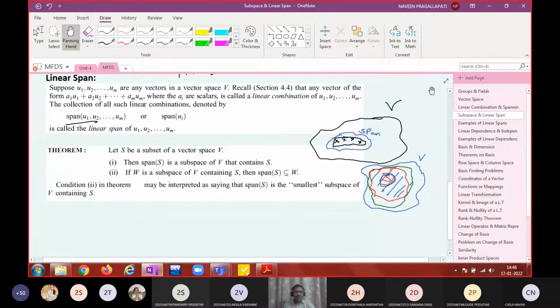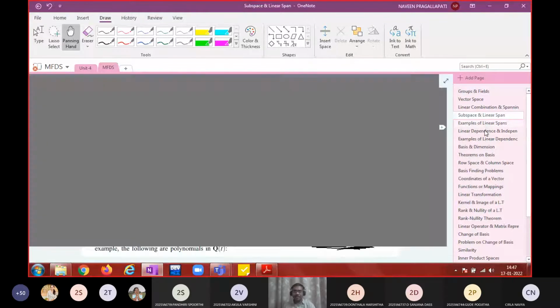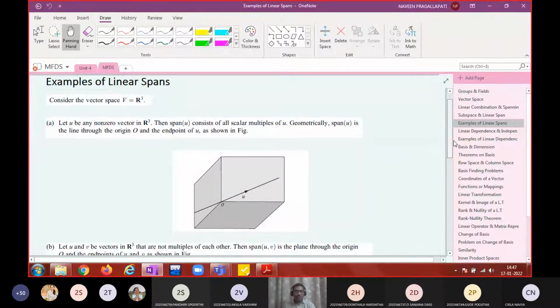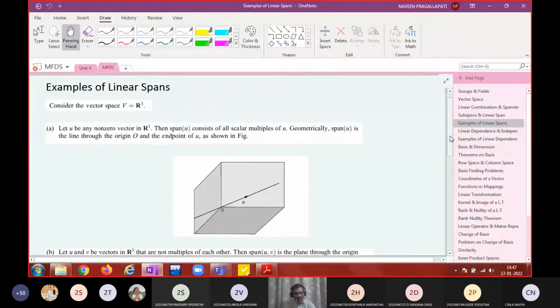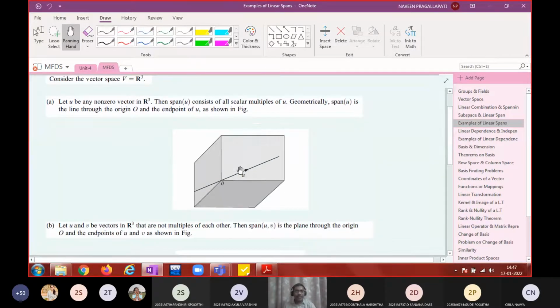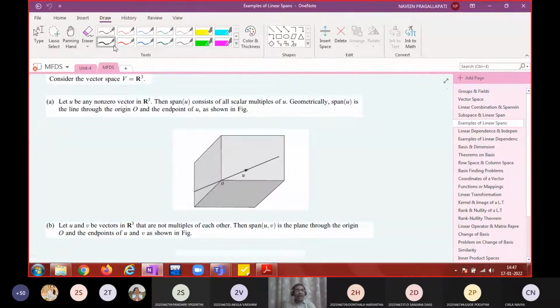So please realize that you can generate a subspace just by taking the span of the given set of vectors. So how do they look? If V is a vector space, you take one non-zero vector, and you take all possible linear combinations of that vector. Suppose I take (1, 2, 3). What is (1, 2, 3) actually? You tell me.